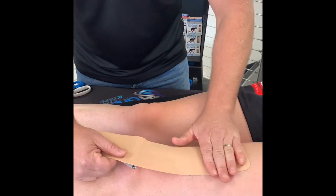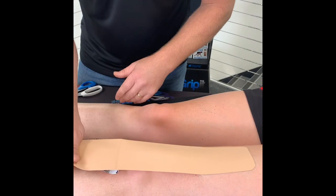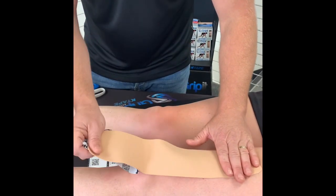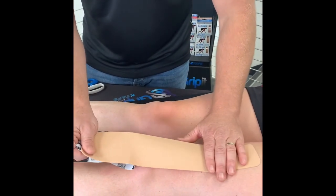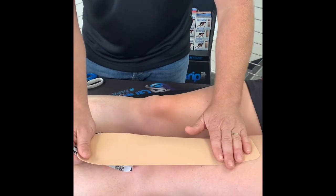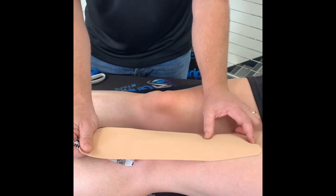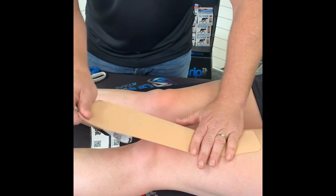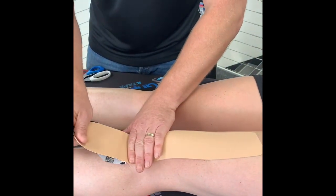Okay, so we've put down our anchor, and then when we apply the tape, all we do with the version 2 is we just take up the tension or the slack. We don't apply stretch on the tape because it has a memory, okay? So if you feel compelled to stretch more, it means you probably need another layer, not the requirement to stretch it, because it will pull hard on the anchor. Right, so we have our 3 to 4 inch anchor. We just take up the slack of the skin, of the tape, and then we lay it down